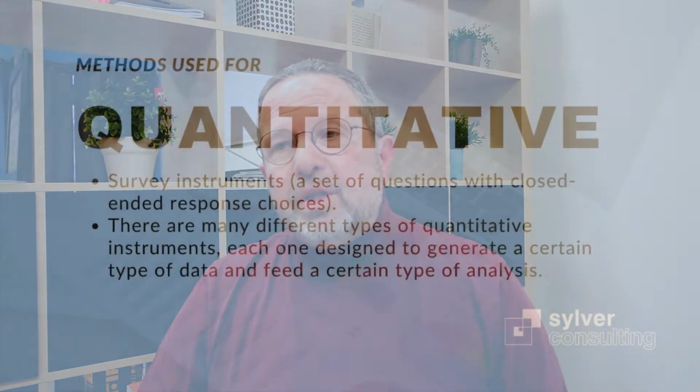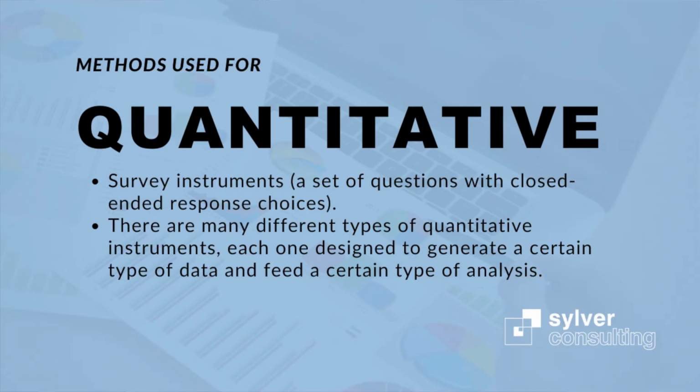It's easier in a sense to start with the quantitative approaches because when you're measuring something, typically you're using some sort of a survey instrument, that is a survey document that has a series of questions and closed-end choices on it that can then be counted and tabulated, and you can use those to measure the frequency and the intensity of different things that you're measuring. By and large, most quantitative methods involve some flavor or version of a survey. That is a set of questions with closed-ended answers that people then fill out for you.